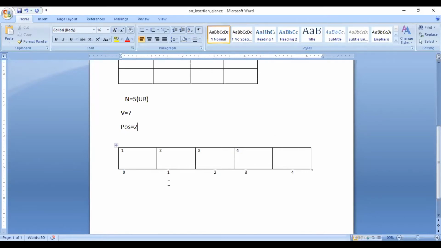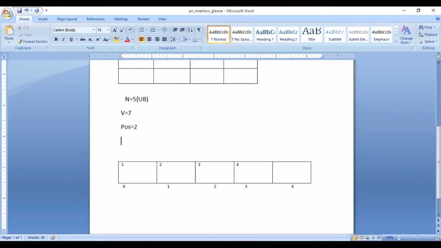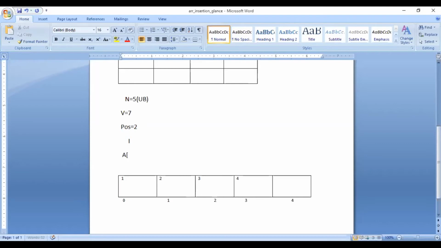Okay, now for the counter, we are using the variable I for incrementing or decrementing, or we can say to jump from one element to another element in the given array. So I is used as the counter and the array name we are taking as a, so we can write it as a of I. Okay, is this clear to everyone? Is the basic terminology clear to everyone?